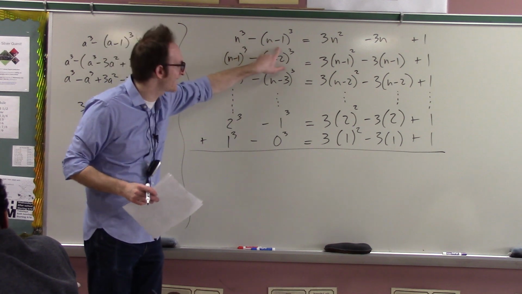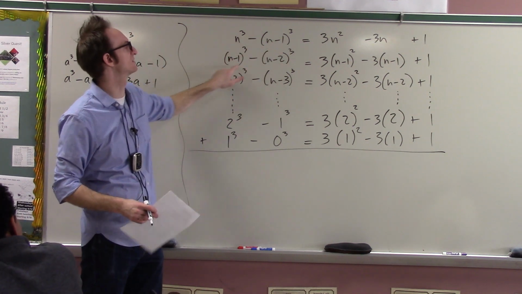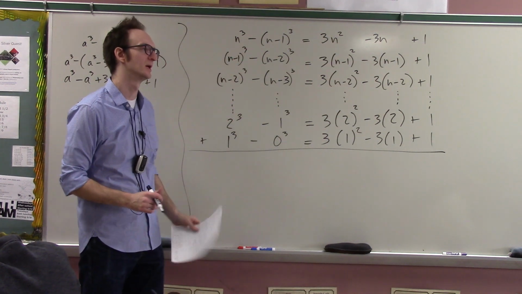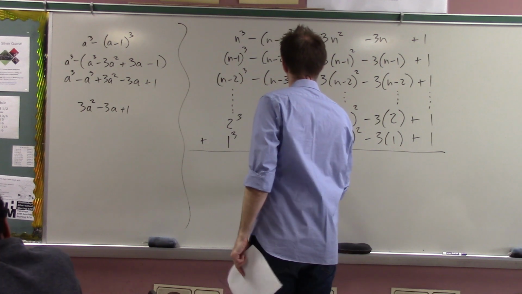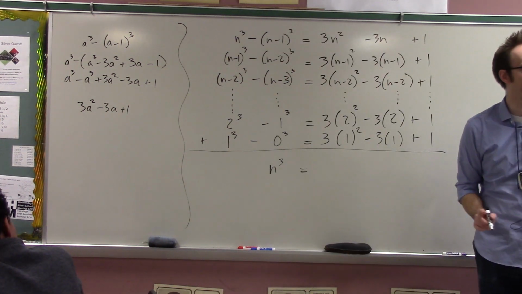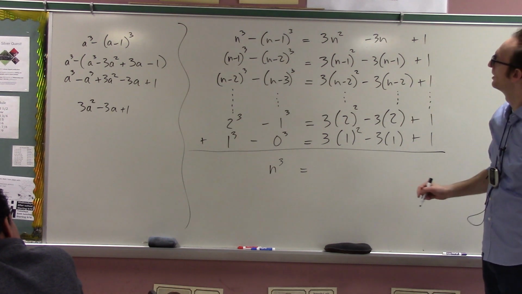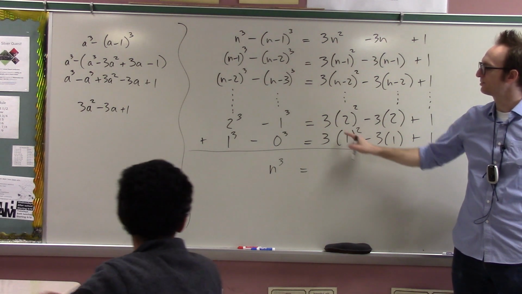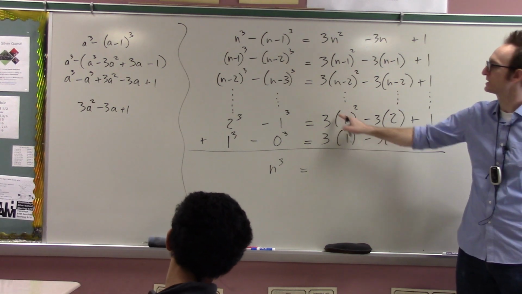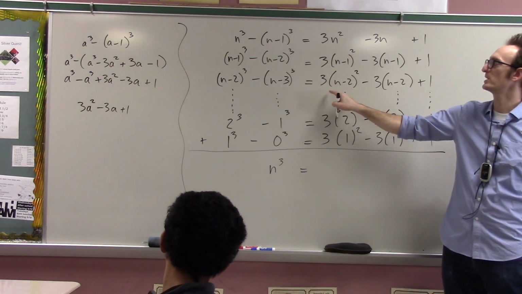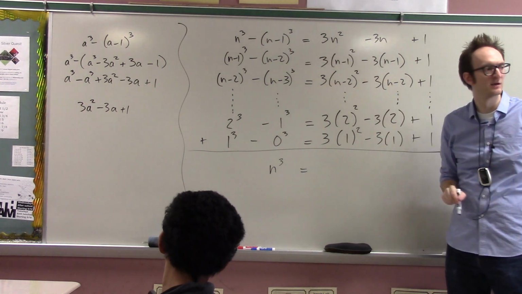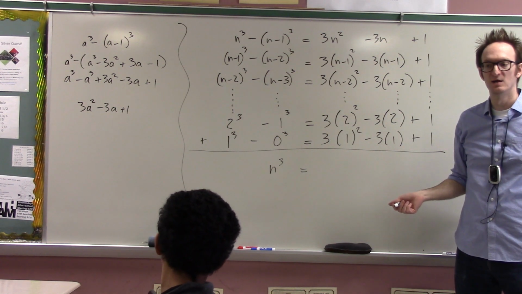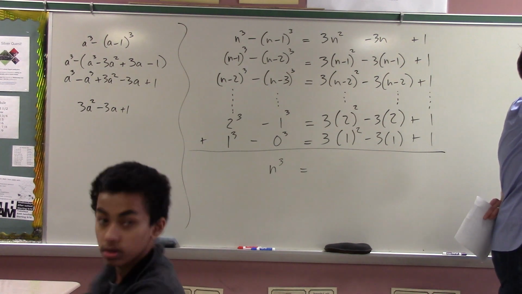Because for n cubed, you're subtracting n minus 1 cubed, but then you're adding n minus 1 cubed. And you're subtracting n minus 2 cubed, and you're adding n minus 2 cubed. What do you get on the entire left side? N cubed. Okay? And now, this is the cool part. Let's add a column at a time. What happens if you add 3 times 1 squared plus 3 times 2 squared plus 3 times 3 squared plus all the way up to 3 times n squared? You get 3 times